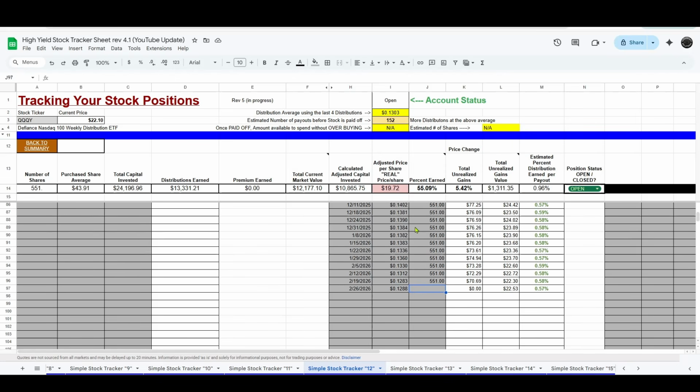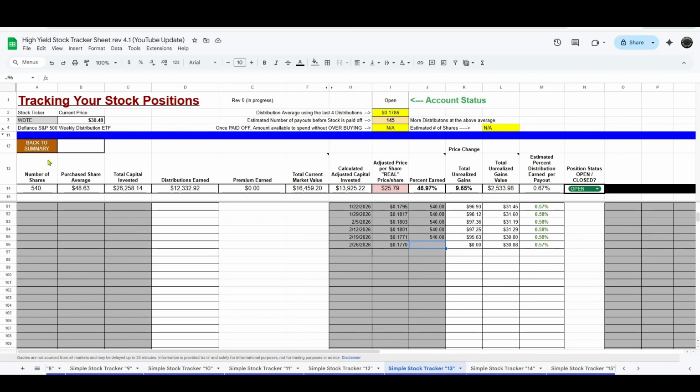Therefore, if I had to sell all 551 shares of IWMY, I would make $2,397. QQQY, we earned 12 cents, and I have 551 shares. Therefore, my real price per share of $19.72 now becomes $19.59. And that current price of $22.10 means if I were to sell all my shares, I would make